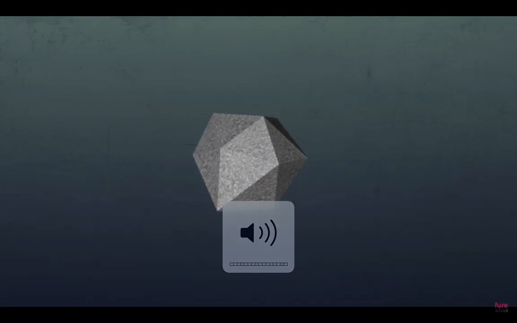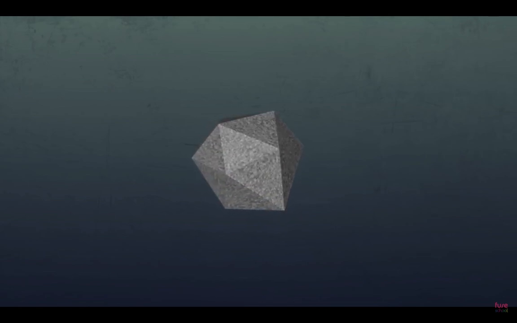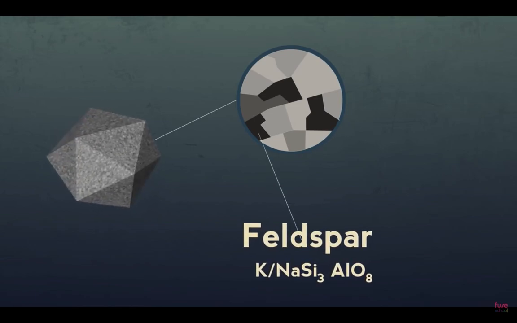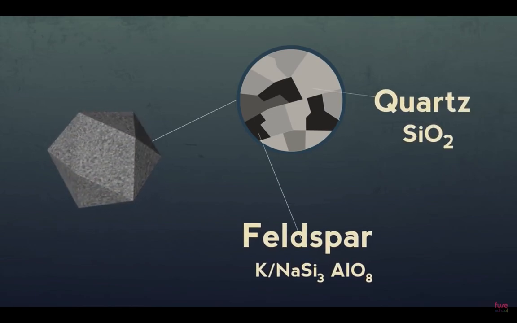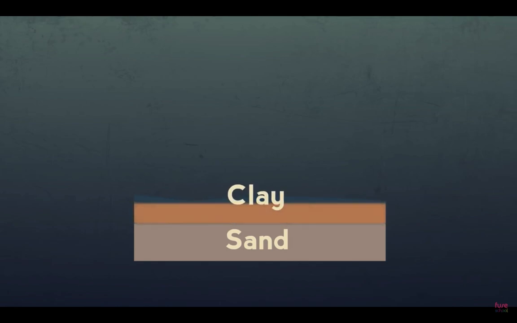Notice the dark and light-coloured grains in granite. These are minerals, the pure substances that make up rocks. The dark grains are feldspar and the light grains are quartz. After weathering, the grains are carried to the sea where the harder quartz settles, as in a jar of soil, forming sand. The feldspar settles more slowly, forming rich beds of clay containing most of the trace metals plants need